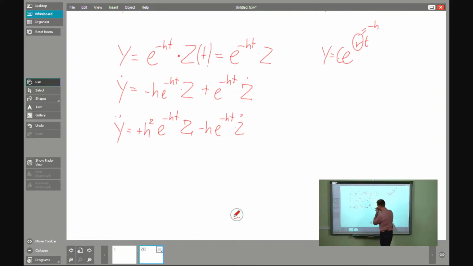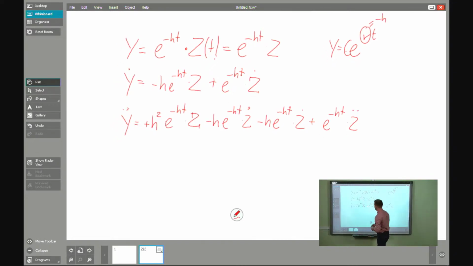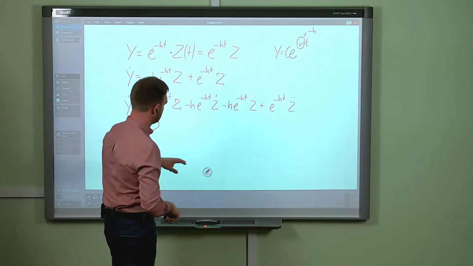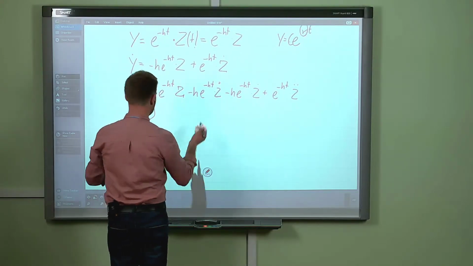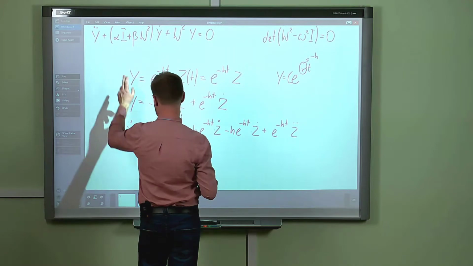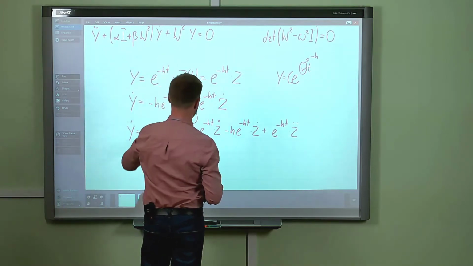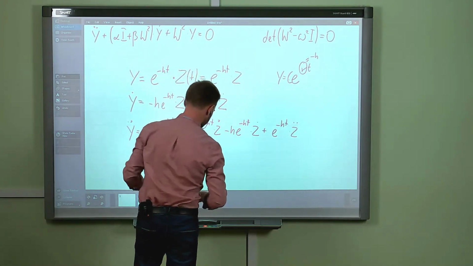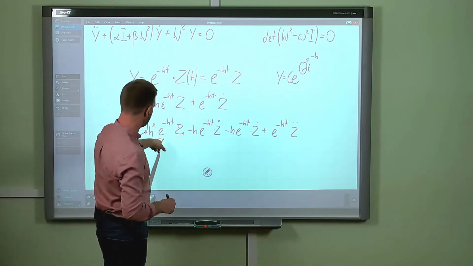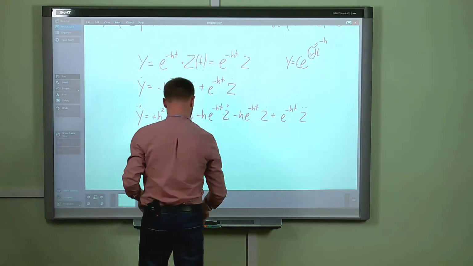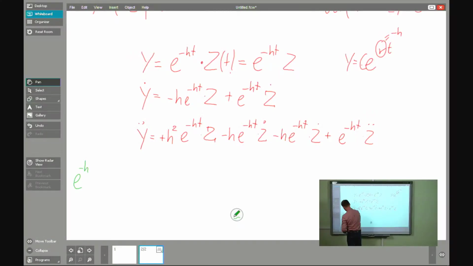The same if we are talking about that component, I mean minus e^(-ht) times z dot, and plus e^(-ht) z double dot as an effect of the differentiation of the second term of that product. Okay, let's put everything into our governing equation. I mean, let's put particular derivatives into that equation. And also I take the common factor in the form of e^(-ht). Okay, I mean, I will take that thing